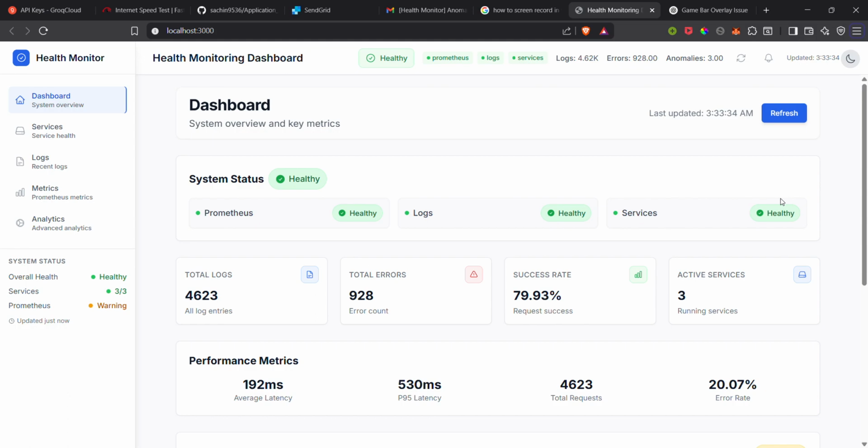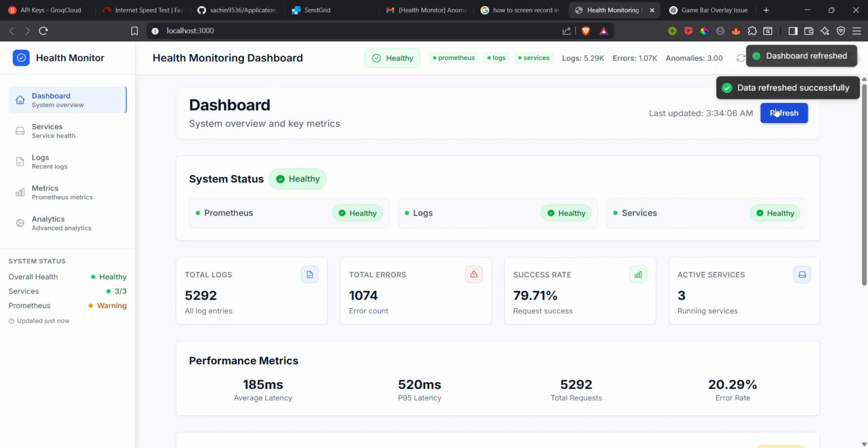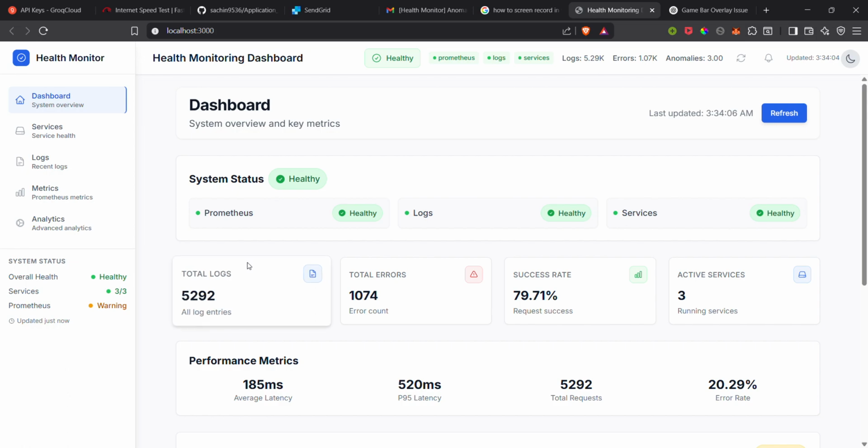So as you can see, this is our main dashboard. Let me just quickly get the data. We have refreshed our data successfully and refreshed our dashboard. This is the main dashboard, which gives us a quick overview of system health and key metrics. We can see the system health here, the Prometheus status, log status, and service status. As you can see, all of these are healthy, and this is the number of logs that we